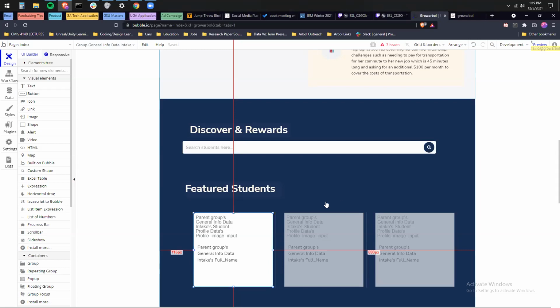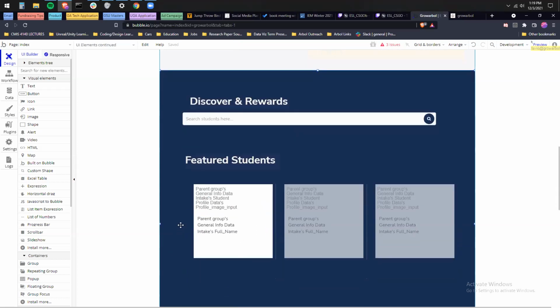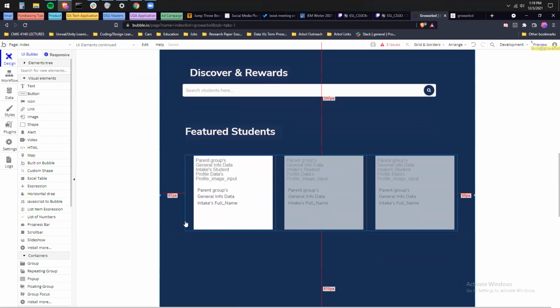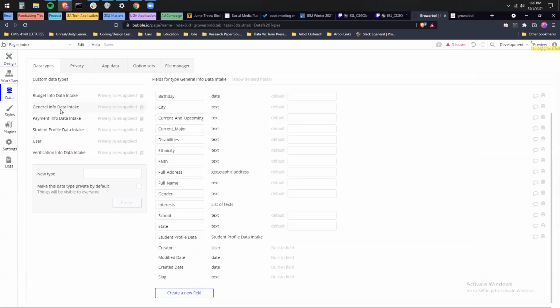So make the connection for me. You're talking about students viewing donors based on shared interests? Yeah, so the other way around, the donors viewing the students based on shared interests. Okay, sure. So how are you storing the interests in the database right now? As general info. As a list of text?